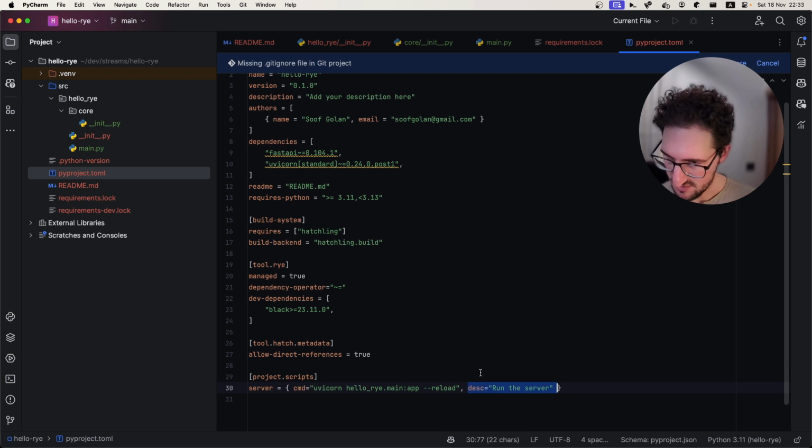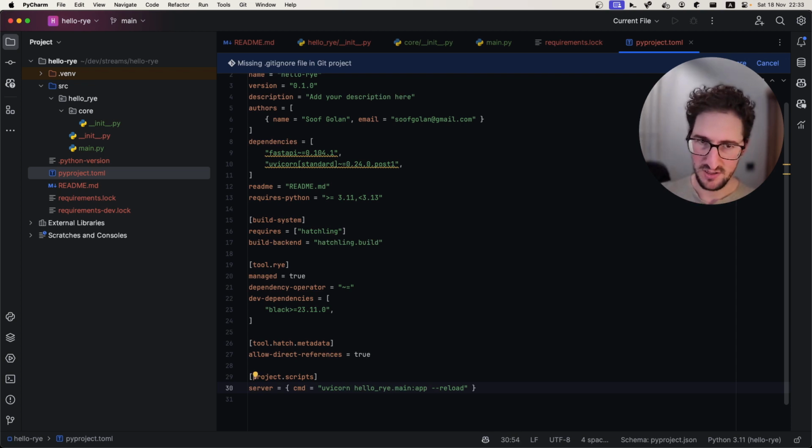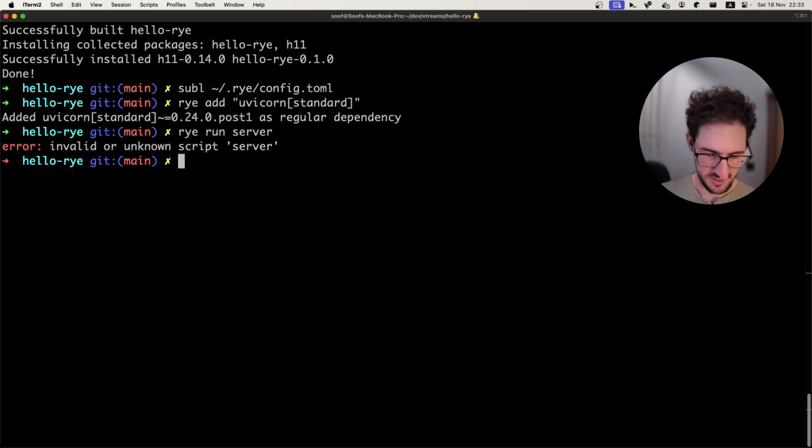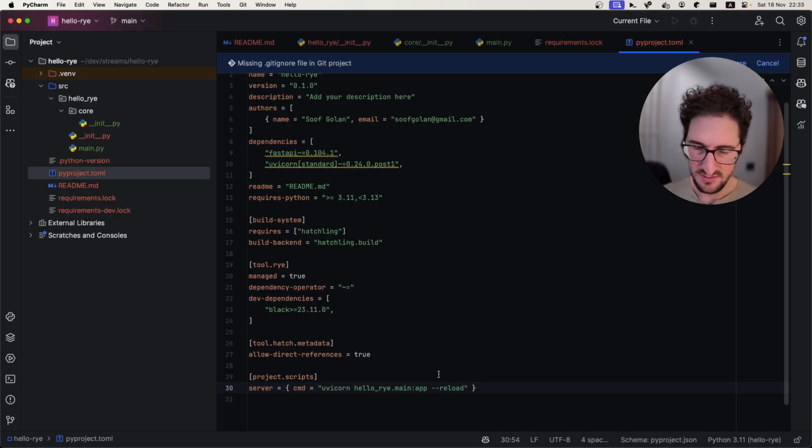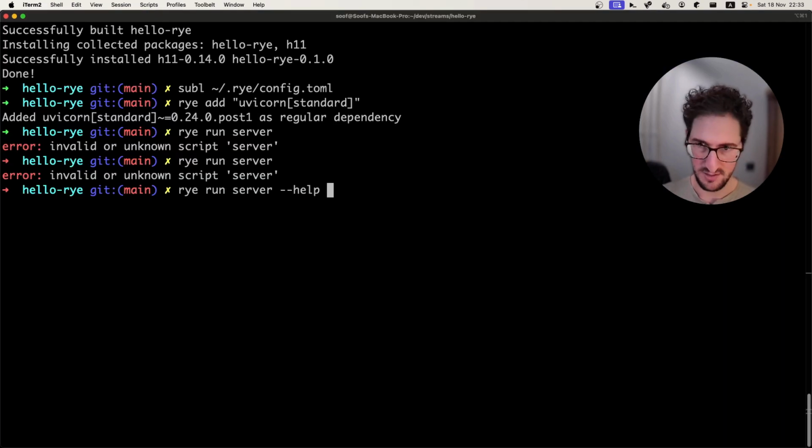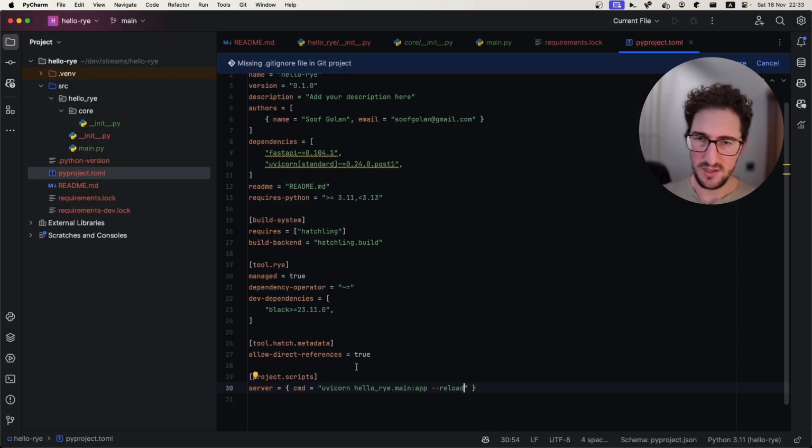So first of all, yeah, let's call that uvicorn hello Rai dot main app dash reload. Seems okay, if I recall correctly. This is actually the way to go. Rerunning again with not help, but let's